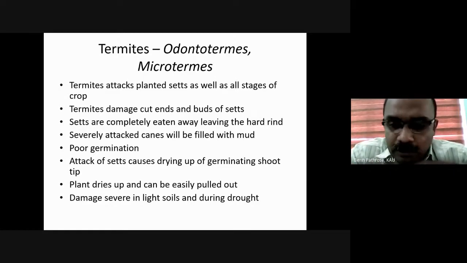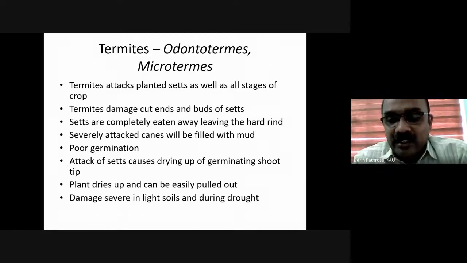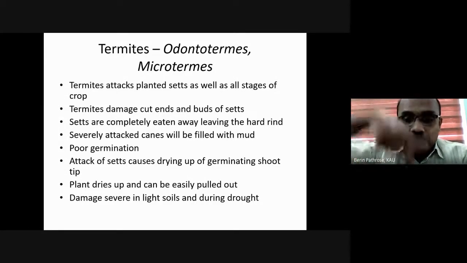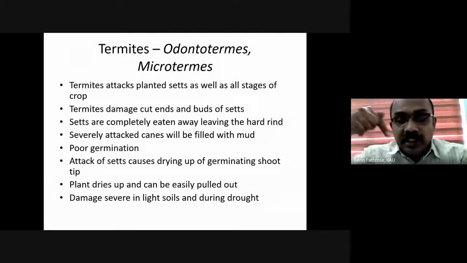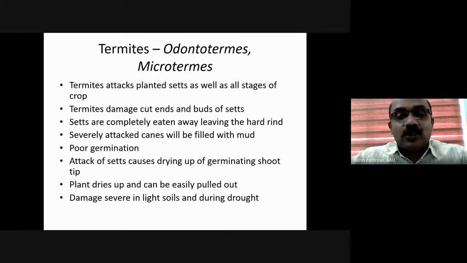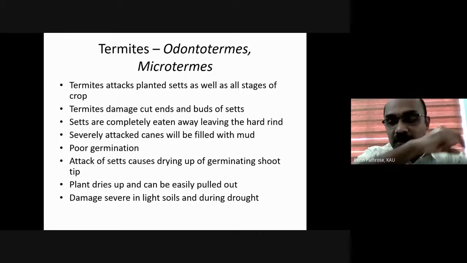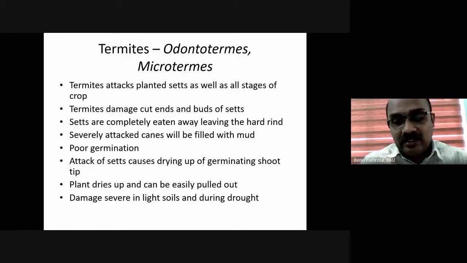So whatever it may be, you plant those sets, just like tapioca cuttings. But tapioca cuttings, what we normally do is plant them perpendicular, at 90 degrees to the field. Here it is horizontal, laid flat on the ground. We will take a furrow, and in that furrow we will plant the sets linearly, horizontally.